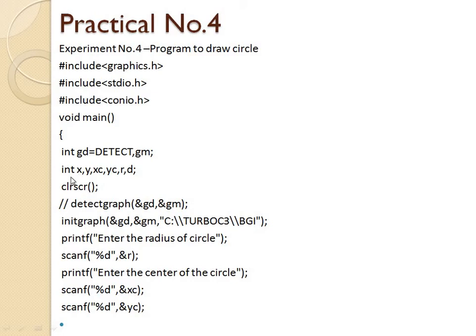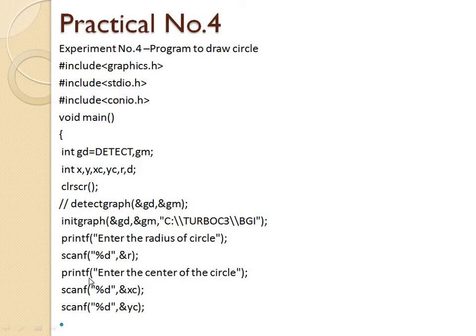If we had declared it as a float data type, then we would put %f. Here we initialize r as an integer, so we use scanf %d to access the radius value, that is, &r.